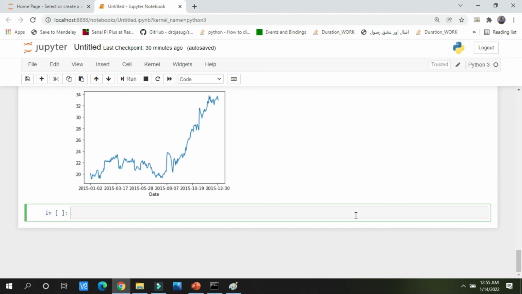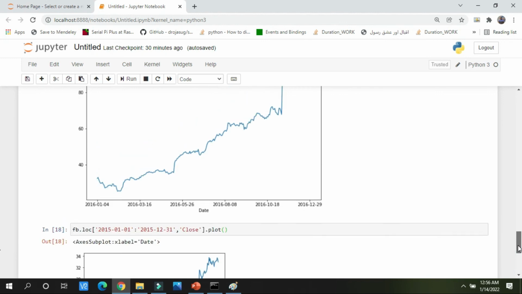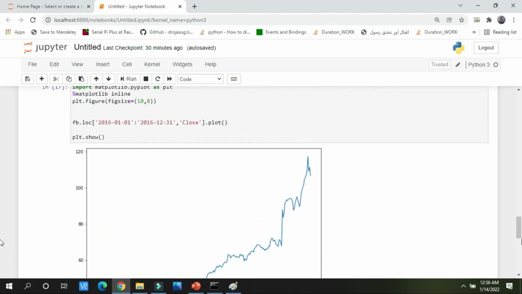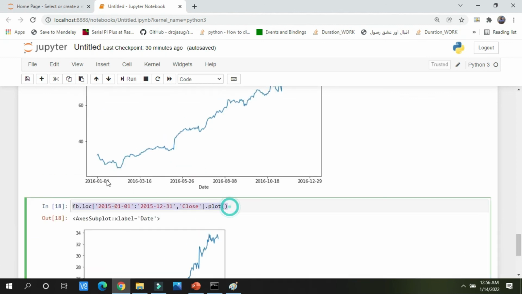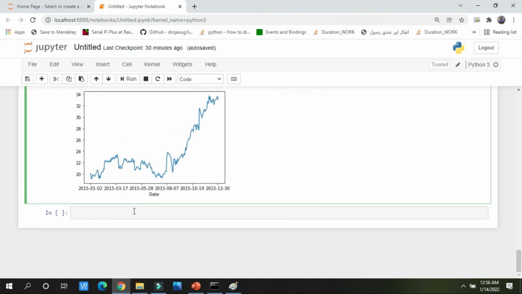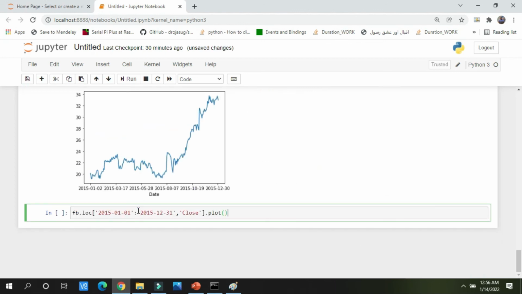Now I am going to do something very amazing. I will plot the data of 2015, 2016 and 2017, all three on the same graph. Let me do it in front of you. I will copy this by using Control C, and this is the command for plotting the slice data of 2015.